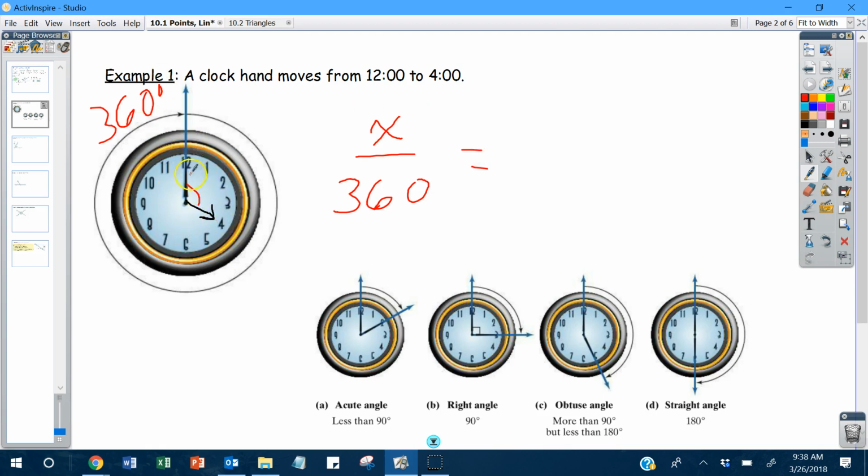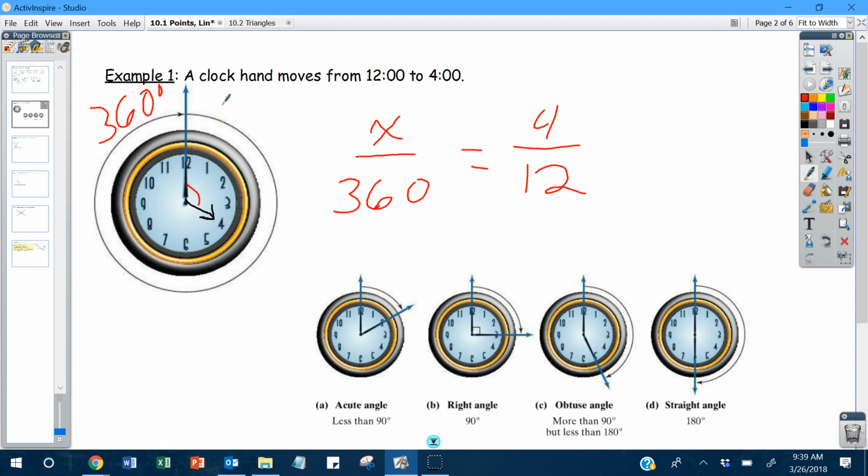We know that the fraction, or the piece of this clock that's formed by the 12 o'clock to the 4 o'clock, we know there's 12 total hours, and we only want to capture 4 of those hours. They're evenly spaced, so we can set up that proportion as 4 out of 12. This is just a fraction of the total clock. This is 4 hours out of the total 12 hours, and we want to know what part of the 360